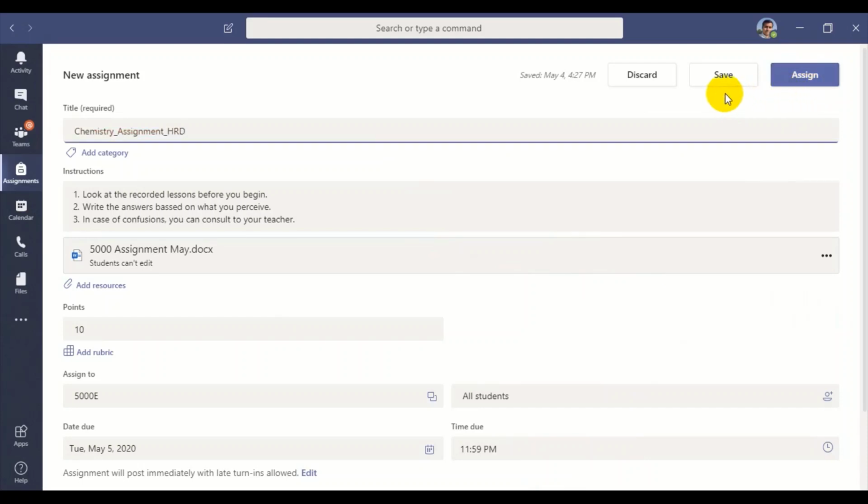However, I want to give you an option here: if you want to create this assignment for future reference, for example, you are moving away somewhere and you want to use it for your students later on, or in any such condition, then you can simply click save. Otherwise, you can assign right now if you have to assign it. In case you save it, later on you can access the same assignment, and once you click assign there, it will be assigned to the students. Let me click over here.